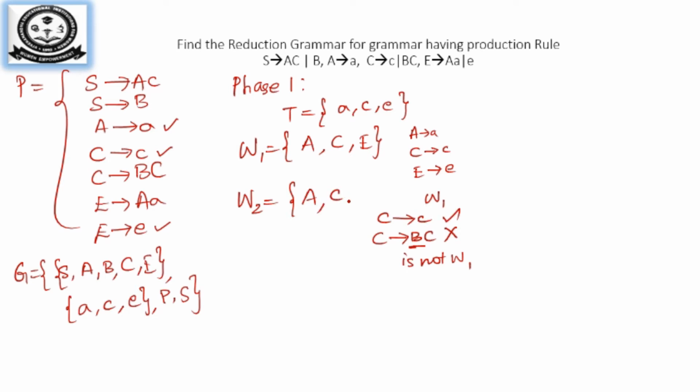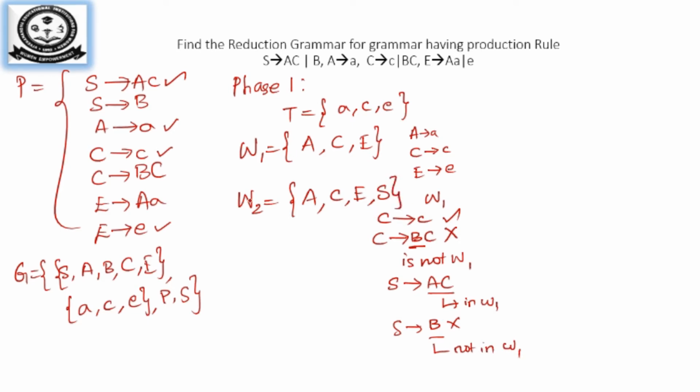So you will have C over here. Next one is E. You can see A is already there. So E and A are terminal symbols. So you will have E over here. Now which are the other productions that can produce the non-terminals A, C, E? You can see S implies AC. So A and C are in W1, so I can include the start symbol S over here. So S tends to A and C. Both A and C are in W1. But S tends to B is not accepted since B is not in W1, so B will not be included.